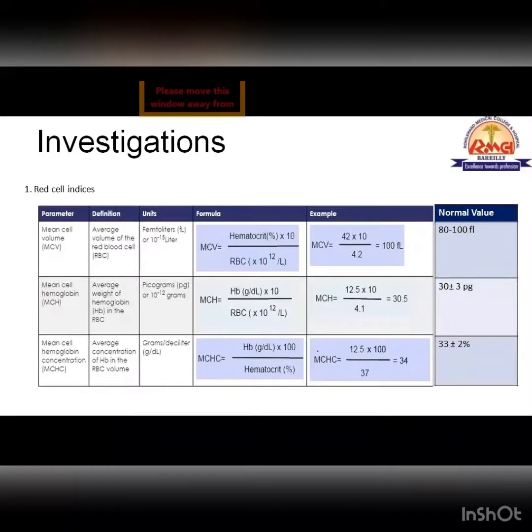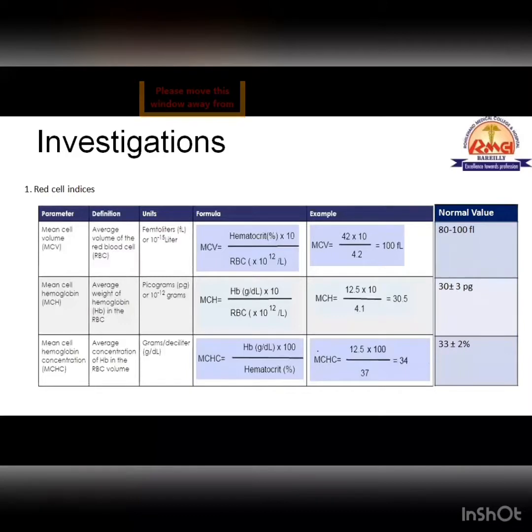How are we going to investigate when we suspect iron deficiency or any sort of anemia? Initially, we are not aware. We are aware that she is having a deficit, some anemia, and we are going to evaluate. Then, this is thought to be a separate lecture regarding red cell indices and decoding CBC. We will take it later, but today we will discuss more which factors are relevant to iron deficiency.